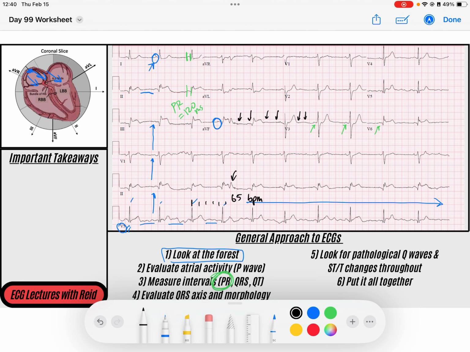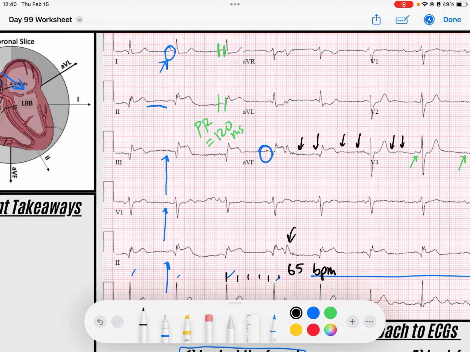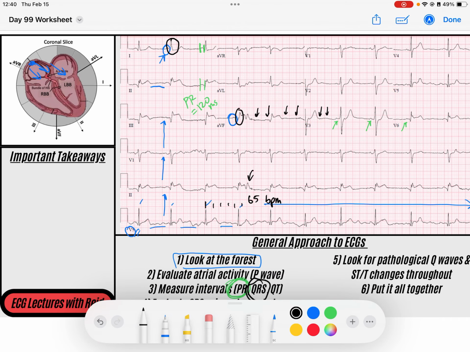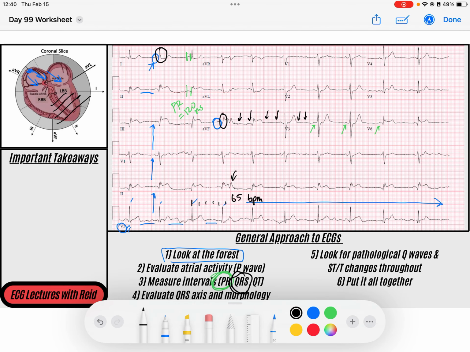Next thing I'm going to look for in my evaluation is the AV node sending that signal down to the ventricles and creating our QRS complex. My QRSs, if you look, are upright in lead 1. They are upright in AVF. That tells me that my QRS axis is down and to the left, which is appropriate for the orientation of our ventricular conduction, so it's a normal axis. I've got good R wave progression. I've got my little septal R waves here in V1 and V2 that grow and become isoelectric in V3, where they transition to becoming R wave dominant, which is good